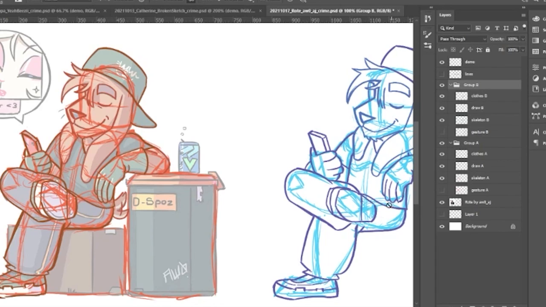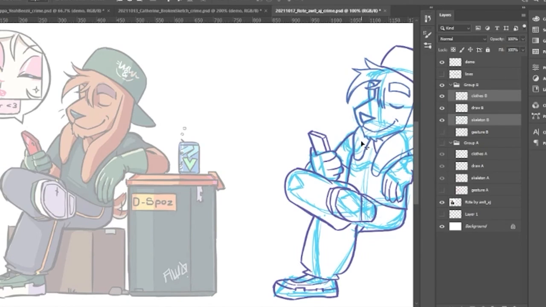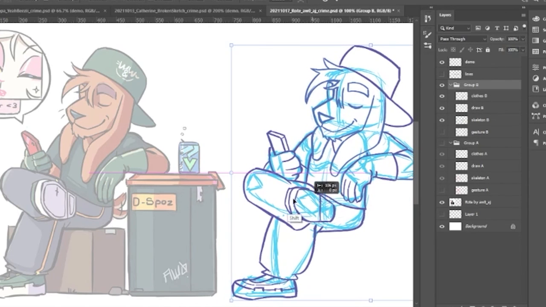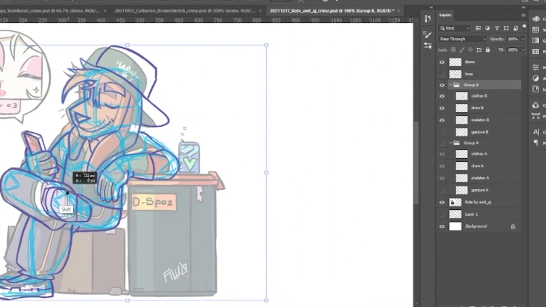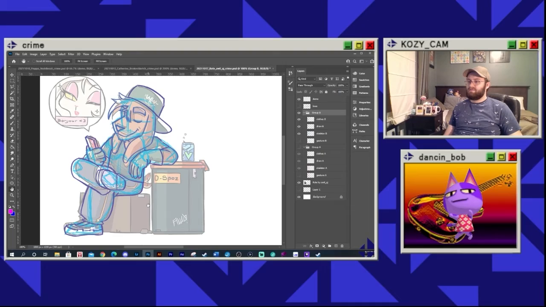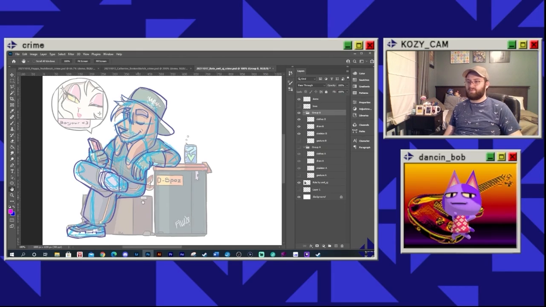Okay, let's just rip the band-aid off. Come on, grab the thing. Grab it. No, the whole group. I thought it was a lot worse than this, but this isn't too bad.